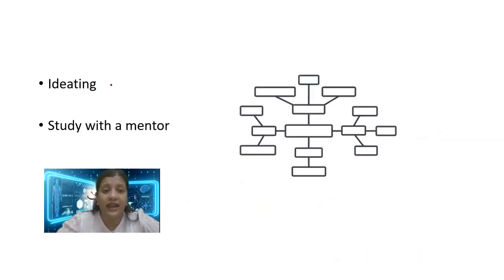Then you have to ideate. What is ideate? Make mind maps. For example, when you're studying about a bacteria like rhinoscleroma, which is caused by Klebsiella rhinoscleromatis, which is a gram-negative bacteria, think about what are all the gram-positive bacteria, which are all the gram-negative bacteria. Klebsiella species belongs to which group?